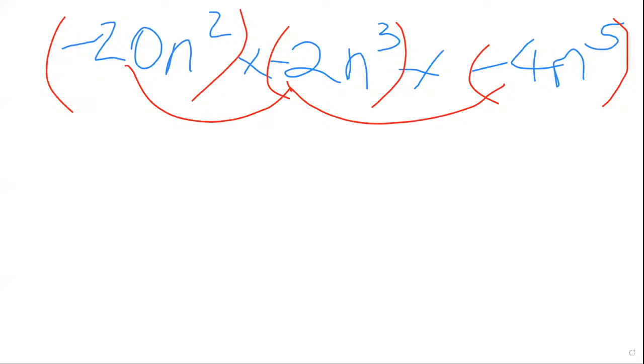So here we go, multiplying the numbers. We get negative 20 times negative 2, that's positive 40. Positive 40 times negative 4 is negative 160. If you didn't want